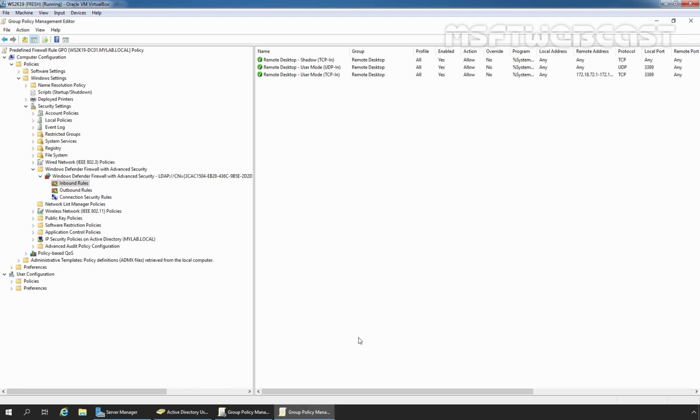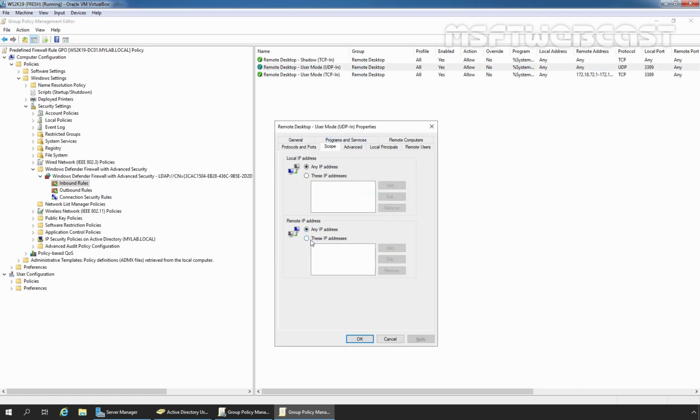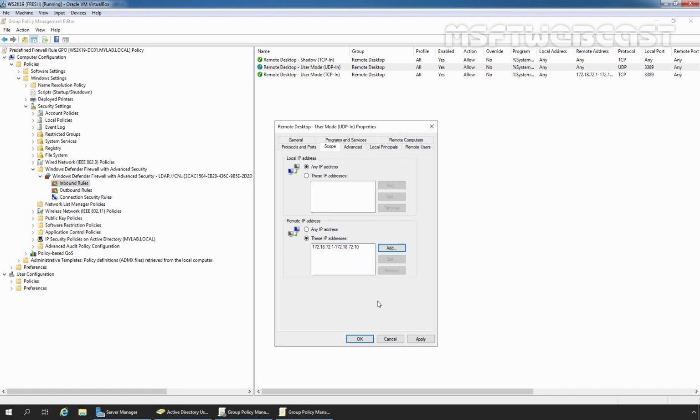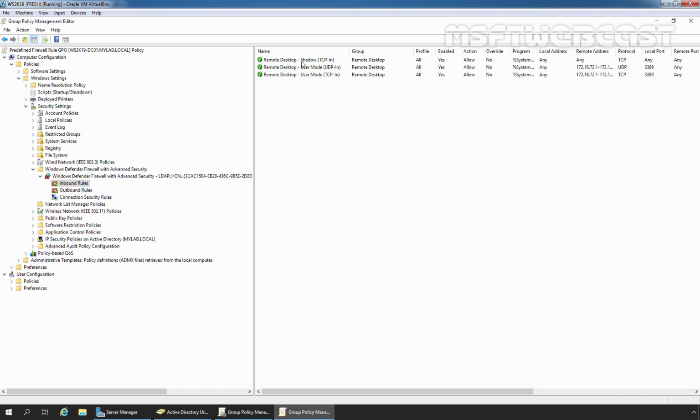Do the same for other two rules as well. I'm going to select user mode UDP in rule, go for the properties, click on scope, select these IP addresses, click on add, select this IP address range 172.18.72.1 to 172.18.72.10. Click OK, apply, OK.